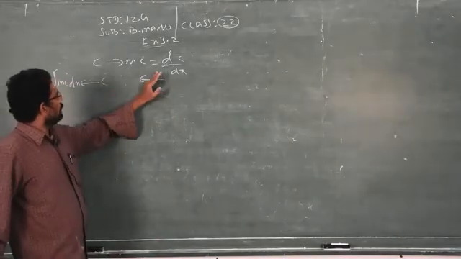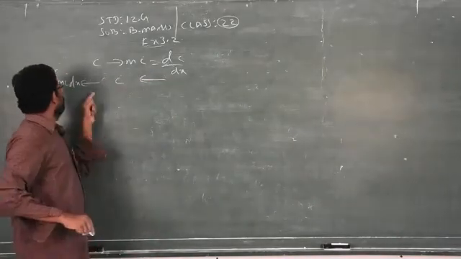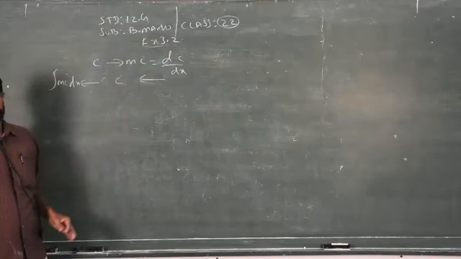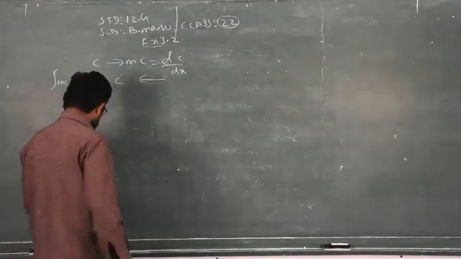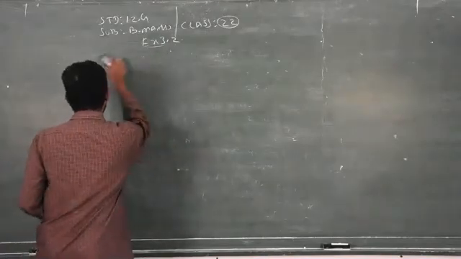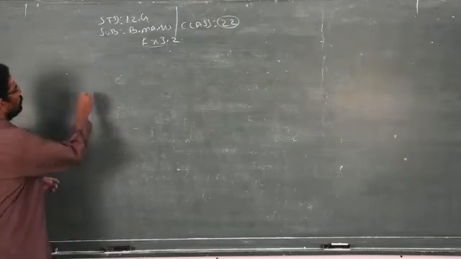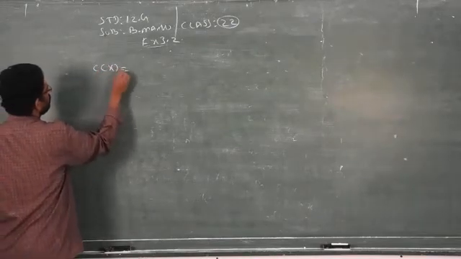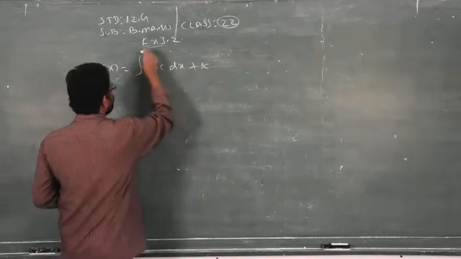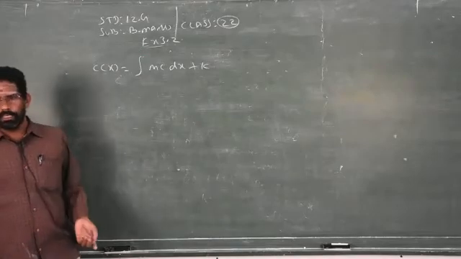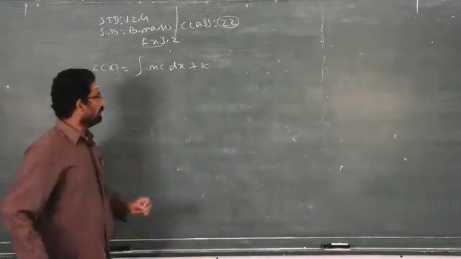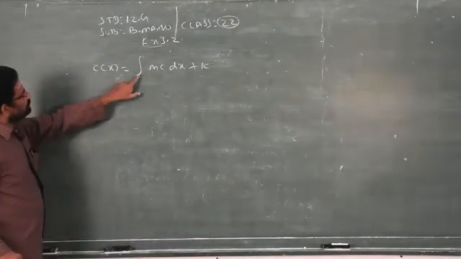So if you know the marginal cost, how do you find out the cost function? To integrate. If you know the cost function, how do you find marginal cost? Differentiate the cost function. Clear? Marginal means derivatives. So when the marginal cost is given, how do you find out total cost? C of x is equal to integration of marginal cost into dx plus k. This is not a definite integral, it is an indefinite integral. I told you already, to find cost and revenue function, you are supposed to take only indefinite integral, don't take definite integral. Clear?